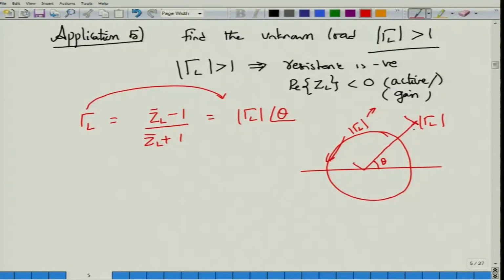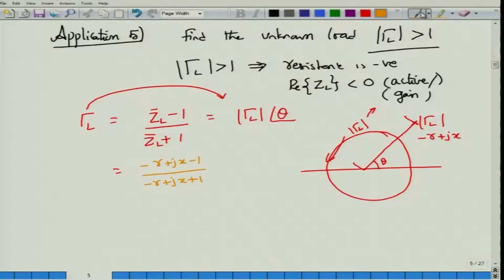I also know that the normalized value of the impedance here will be of the form minus R plus jX. It could be minus jX also, but I am considering here plus jX, and I know that R has to be positive, correct. So, I can substitute that minus R plus jX into this equation and obtain something like this. So, (minus R plus jX minus 1) divided by (minus R plus jX plus 1). Okay. R of course has to be positive because we have already taken the sign negative over here. So, let me simplify this.